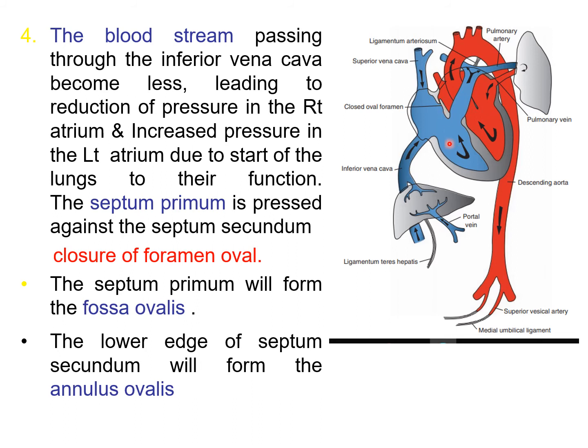So now the adult circulation has started. All the blood reaches the right atrium, enters into the right ventricle. From here it goes to the pulmonary trunk. From the pulmonary trunk it enters into the pulmonary vessels to the lungs. From the lungs the oxygenated blood comes back to the left atrium, and from the left atrium to the left ventricle, and then to the aorta, and this starts the adult circulation.